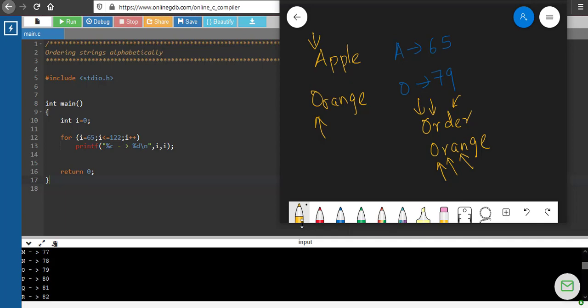Once we find a different character, we find the ASCII codes of those characters. For small letter d, the ASCII code is 100, and for small case a, the ASCII code is 97. So 97 is less than 100. That means orange should come before order. Orange should come first and order second. This is the idea we are going to use.